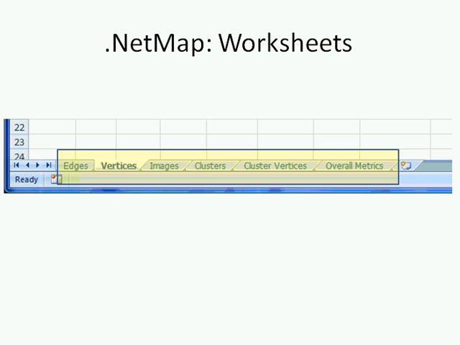We recognize that there are many out there, and whatever we have not yet implemented, you may be able to implement for yourself because all of the code for .NetMap is available at CodePlex. I will also note that we are under an MPL license, which means that you may make derivative works of .NetMap in any way that you like. The final worksheet is overall metrics, and that's where we put summary data about the size and degree of your global graph. So some metadata about your graph goes there.